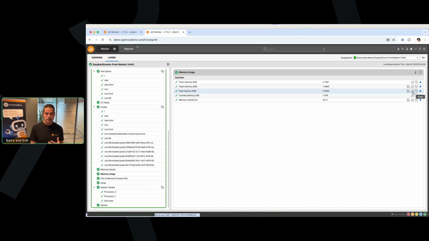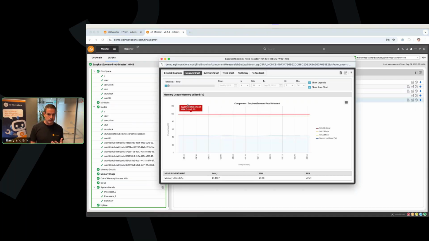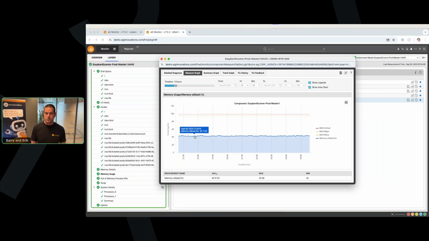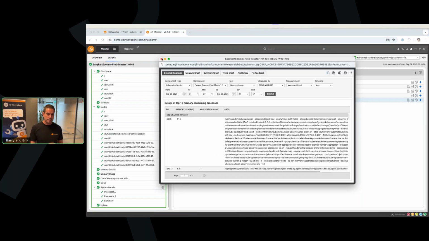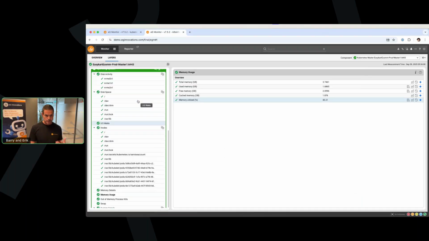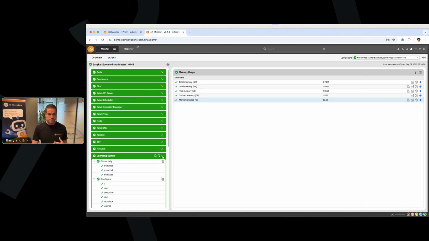So you could, for example, use a graph and maybe set it a bit longer. Maybe you see a certain time period where you are curious, okay, what happened, which process or container used a lot of memory. Then you can simply drag and click, and you get all the details about the active memory at that point in time. This will work the same for the CPU, of course.